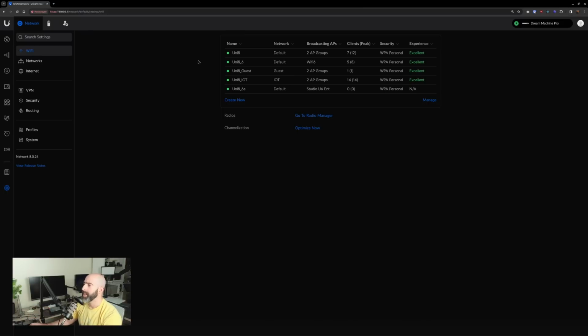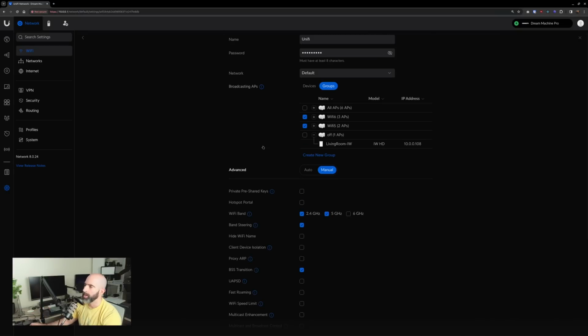So right now I have 5. I have a UniFi, a UniFi 6, a UniFi 6E, a guest, and an IoT. These 3 could probably be smashed together into one main one, but I've separated them for testing purposes and whatnot. So the UniFi one essentially broadcasts to everything. It's essentially all access points. Only broadcasts on 2.4 and 5